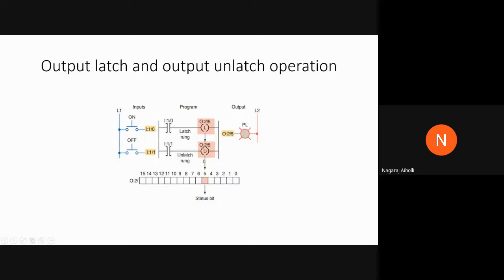I'm talking about after the unlatched condition, because the unlatched condition has made the bit 0 here to be stored in this bit number 5. After the unlatched condition, if you release this switch and bring it back to normal state, then only the unlatched condition remains, and hence the indicator will still be in the off state.